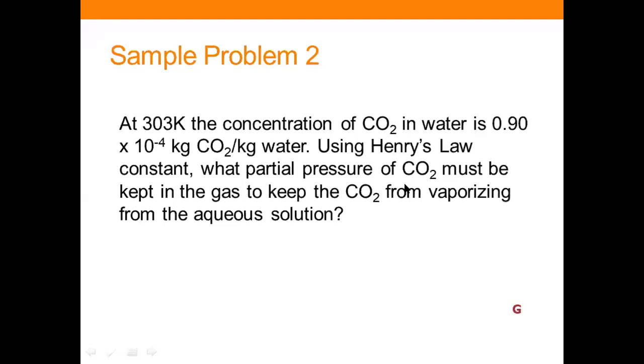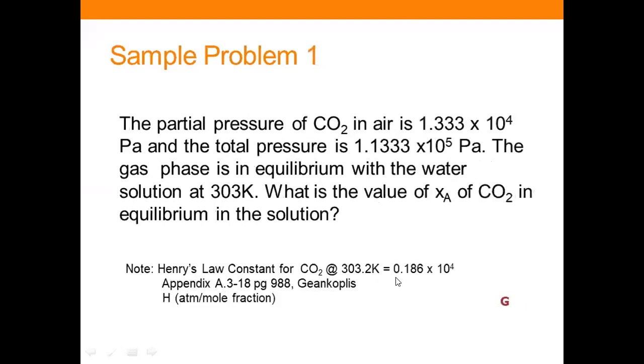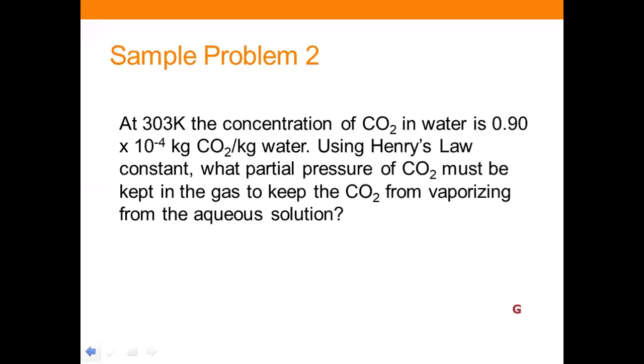If you look at it intently, the only thing that is given here is the concentration of CO2 in water, and it's given in the form of mass ratio. Look at it. Kilogram CO2 per kilogram water. And you are asked to find the P sub A. In this case, let me just check. This is also CO2, so we can use the same Henry's constant because the problem here is also at 303 Kelvin. So we will now go to our board